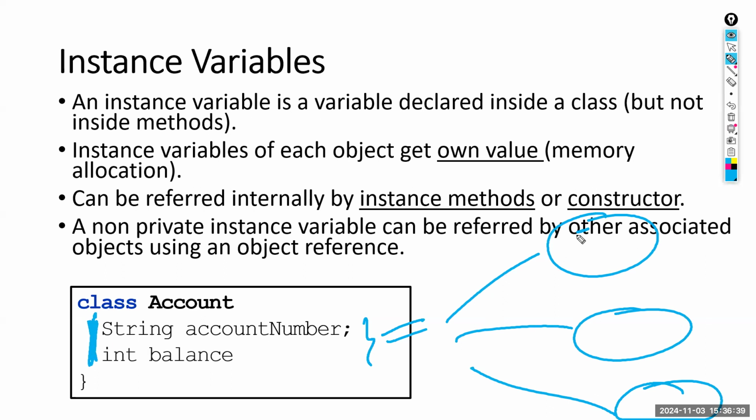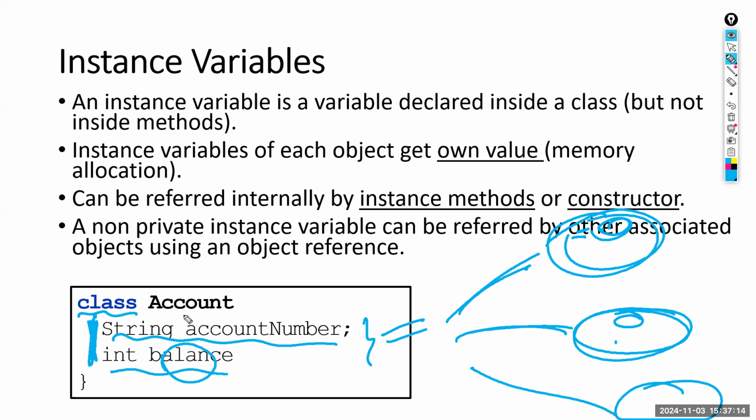For example, account number. Your account number is not my account number. So it must be an instance variable. When you log in, your object must have your account number. When I log in to the ATM machine, an object is created. That object must have my account number, read from my card. Then, if that is the case, make sure you code it as an instance variable.